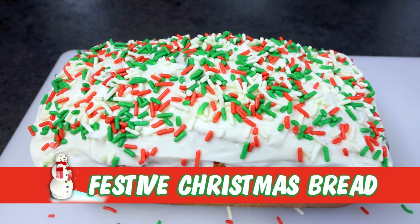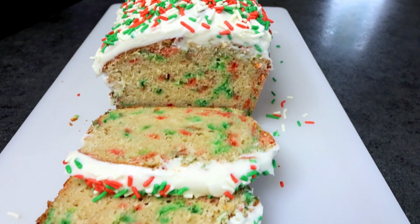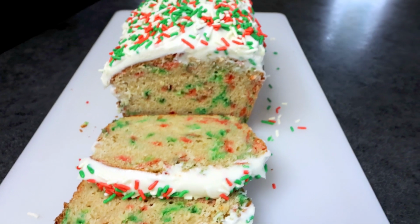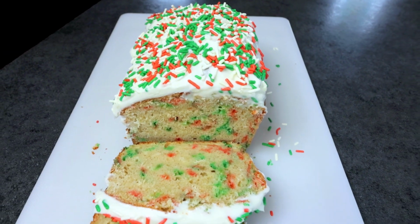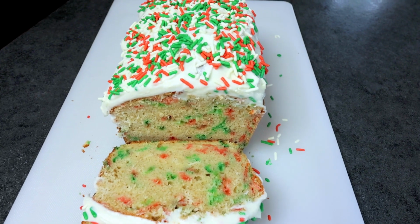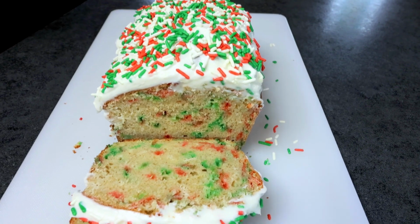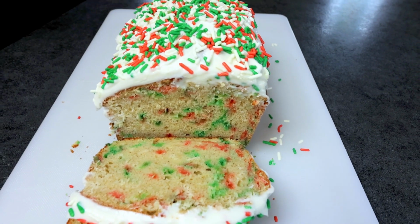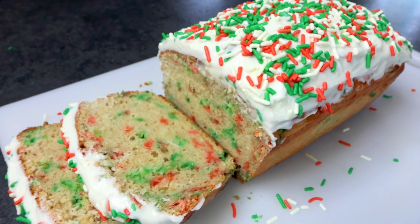a festive Christmas bread. This is a recipe that I saw online that I want to try out, and I'm going to be lightening it up, making changes to it to make it more Weight Watcher friendly, lower calorie, all that good stuff. But it looked really good. It looks nice and festive. I think it'd be perfect for this time of year, Christmas time. So I wanted to make this, see how it turns out, and I figured I would take you guys with